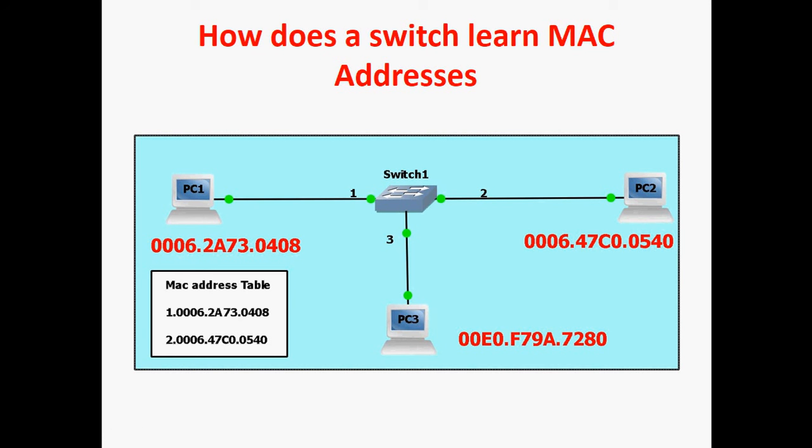This one we can call an unknown unicast frame. PC1 knows the source and destination MAC address, but the switch doesn't know the destination MAC address, which means the switch will flood that frame. That one we call an unknown unicast frame. ARP means PC1 itself doesn't know the destination MAC address. At that time it will generate the ARP packet. It comes to the switch, then the switch will flood that frame. This is the difference between ARP and an unknown unicast frame.